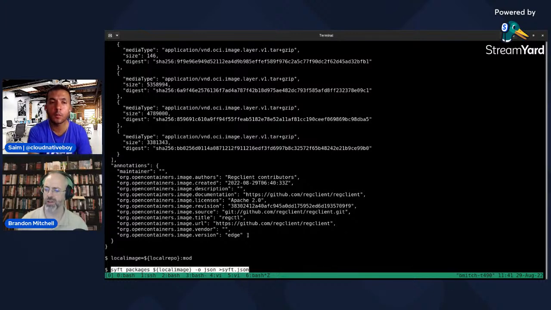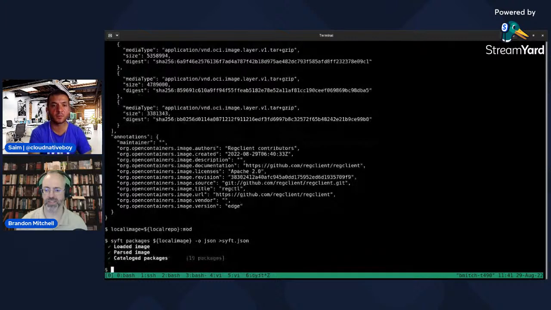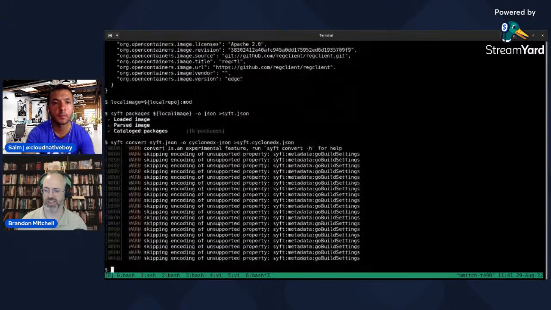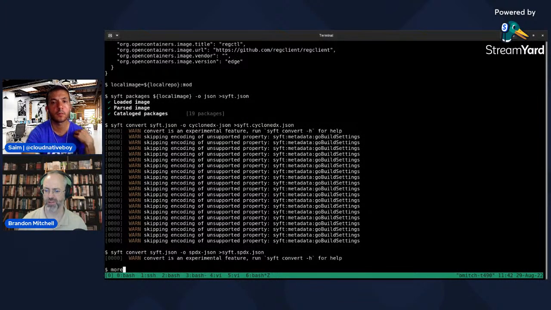So let me do some syft commands here. If you've ever played around with syft, they've got a nice, easy way to generate these SBOMs. So I'm going to kick this off for a couple of these commands, where I've got an SBOM. I'm going to convert to CycloneDX. It's going to give me a couple of warnings, but nothing too major. And let me do one last one where I do it to SPDX. And if you look at that,